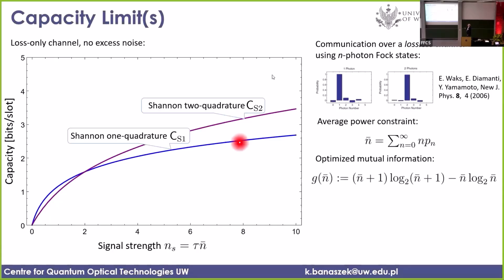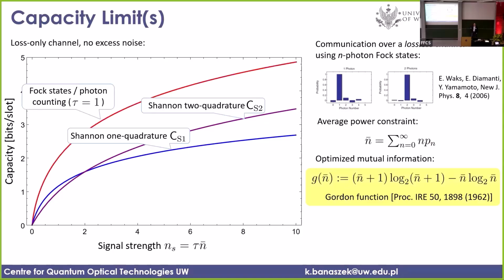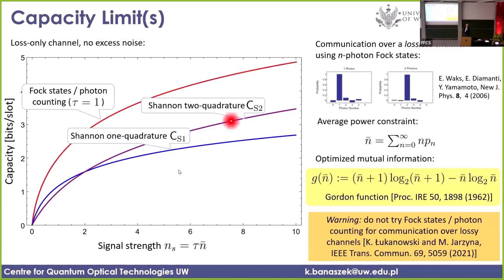if we are operating under the average power constraint, so we require that the mean photon number per slot or per channel use is at a certain level, it's very easy to optimize mutual information in such a case. And the expression we get is actually above either of those Shannon capacity limits. By the way, this is a very specific example. It works only for unit transmission. If we try to use Fock states for communication over a lossy channel, you will not get very far. So you may argue that this is actually a very theoretical